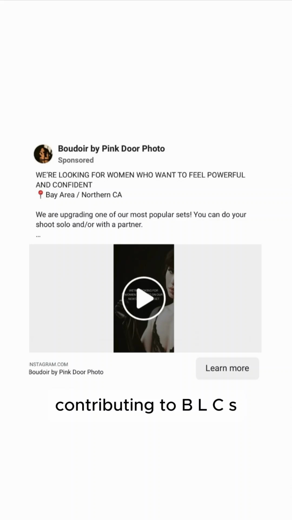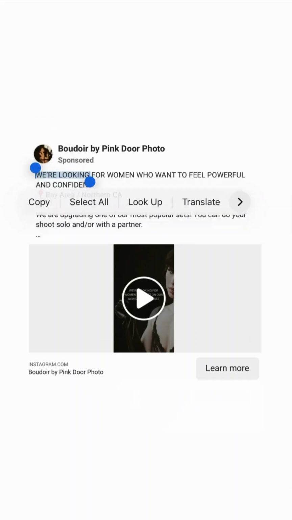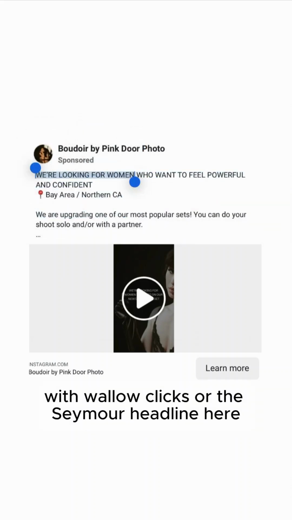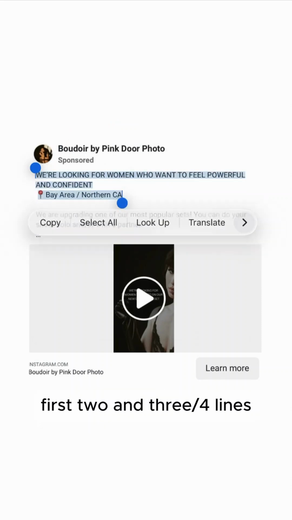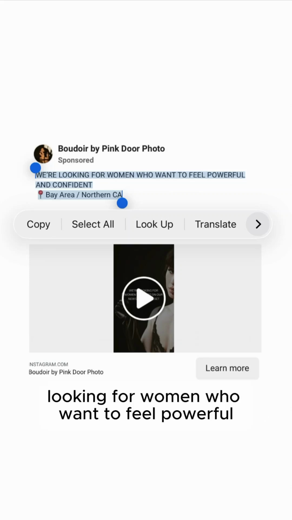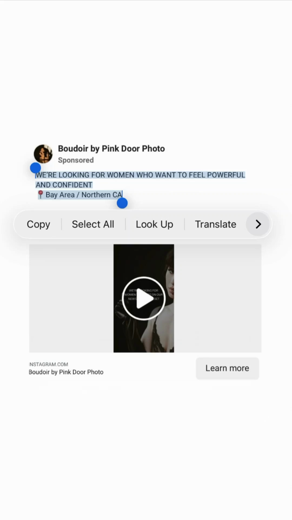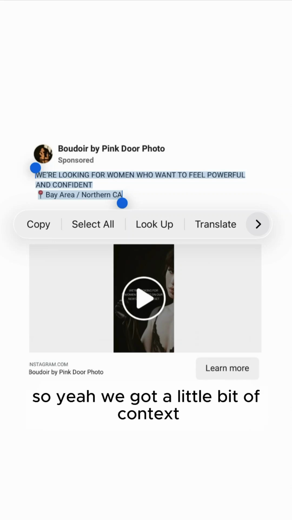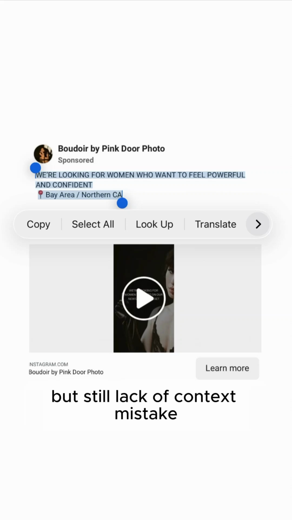and contributing to BLCS. Finally, we're going to look at the boudoir low clicks, or the See More headline here. First 2 3/4 lines, Facebook mobile newsfeed. Looking for women who want to feel powerful and confident. Bay Area, Northern California. All right, so yeah, we got a little bit of context, but still